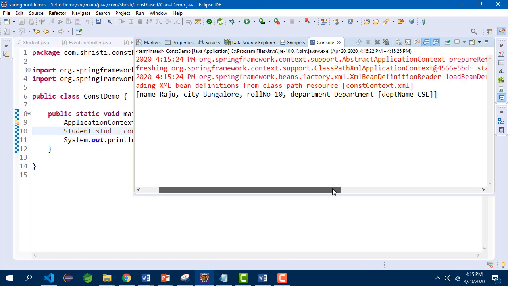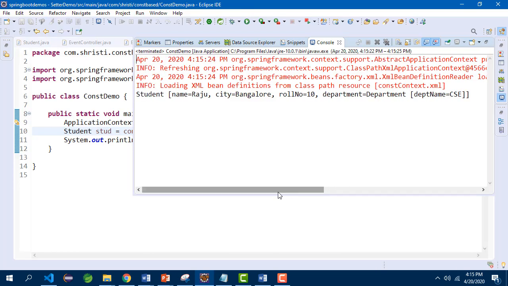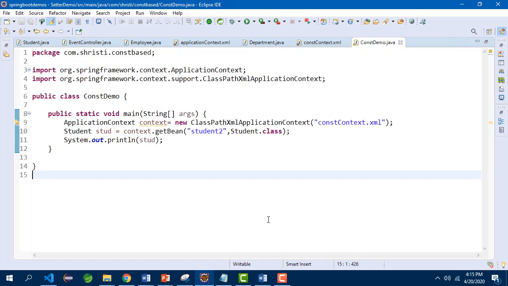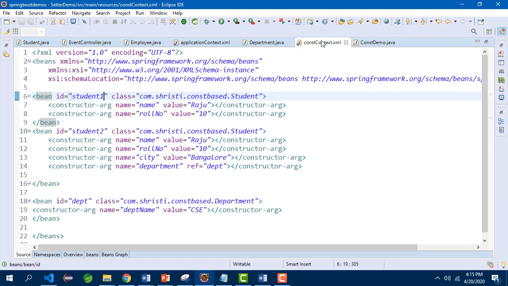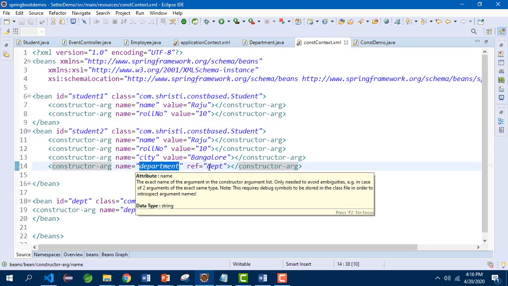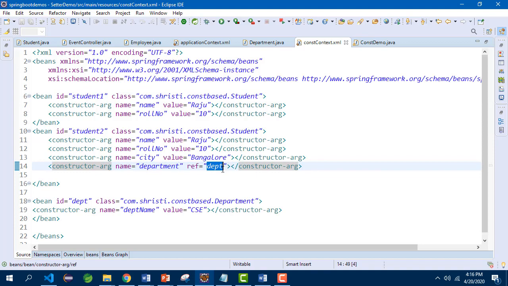In this case you are getting all the values, because in this scenario you are initializing name, city and roll number using constructor argument, and you are asking the IOC container to inject department. How is it getting injected? In this particular line, constructor argument name equal to department, you have given ref equal to department.